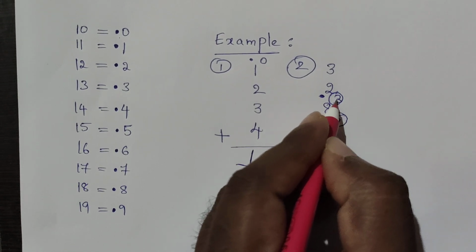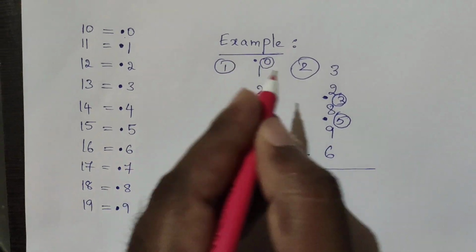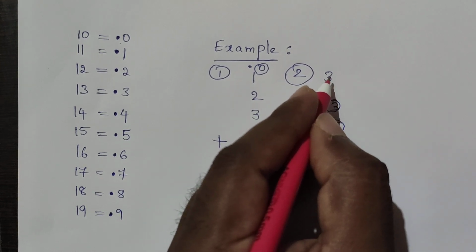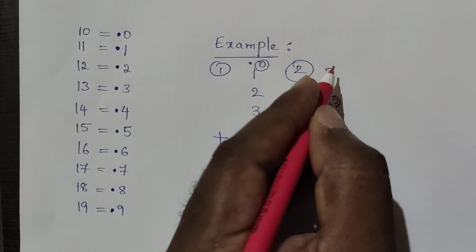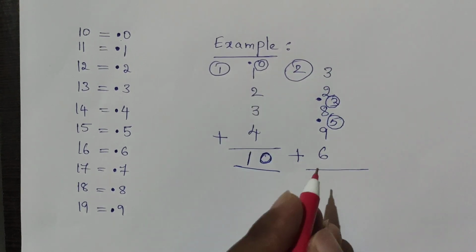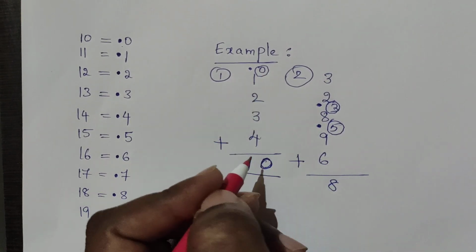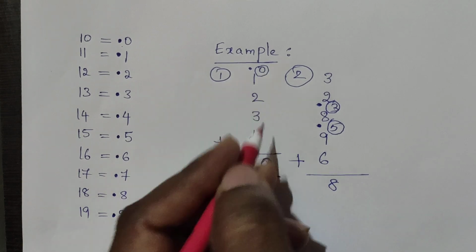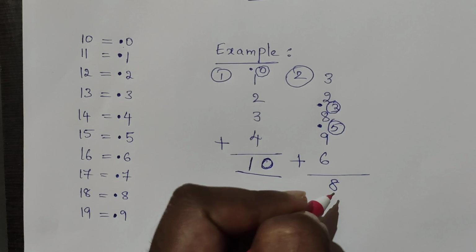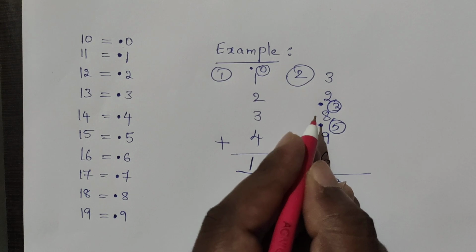Now 3 plus 2, how much? 5. Then 5 plus 3 is 8. We got 8, which is a single digit. Whatever we got in the topmost ones digit, we should write as it is here, as I told you in example 1. Here we took the 0 because it is the ones place digit. Now count the dots. How many dots do we have here? 2 dots, 1 and 2.